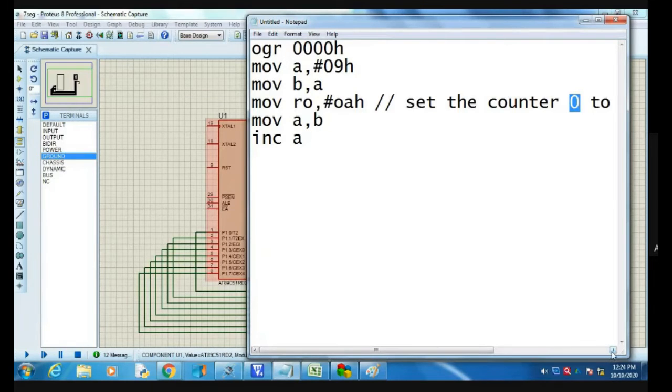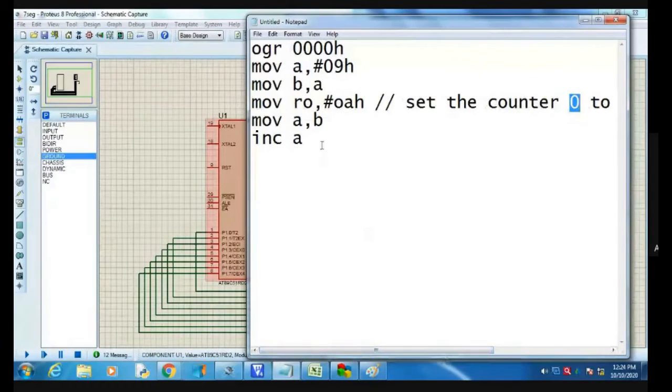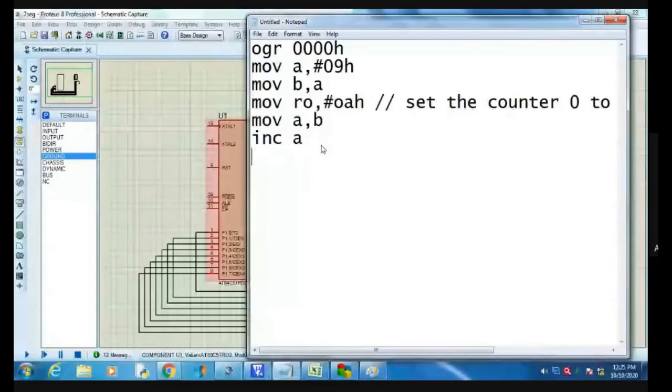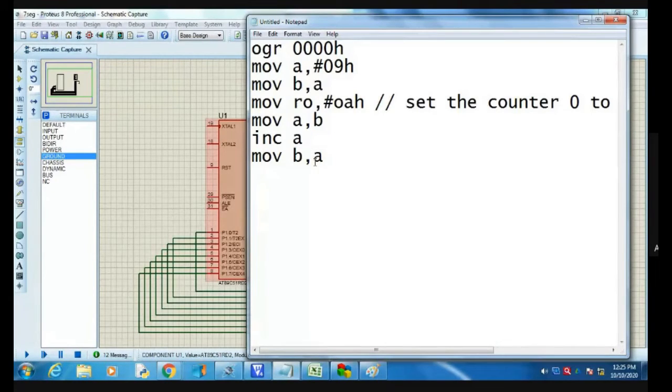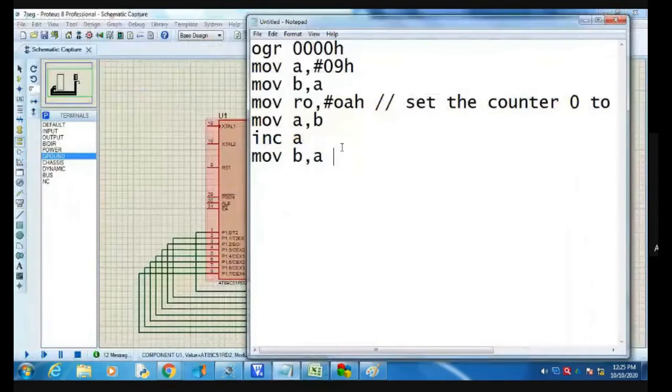Then again we have to move into the B register, MOV B, A. After increment, the 0 comes to the B register. Now, the main important thing, we have to define this hexadecimal value into the particular address location.